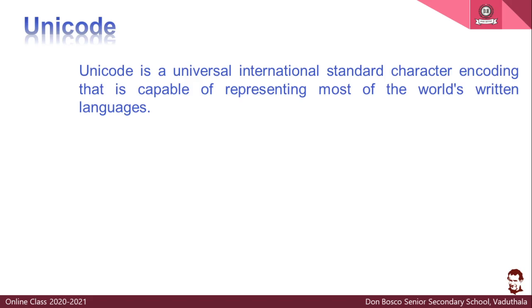Generally this Unicode can contain all types of languages, because each character has a separate address. Okay, we can display or use any type of language with the help of this Unicode concept. So remember the meaning of Unicode. And next, why does Java use the Unicode system? Because we can